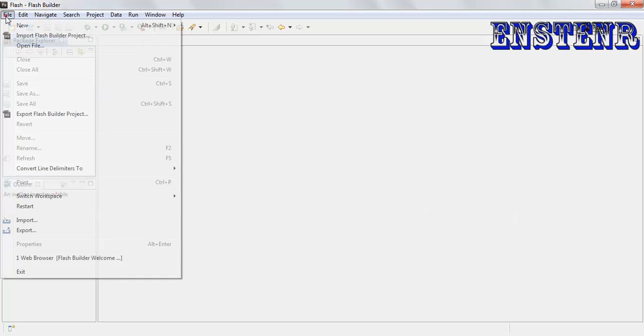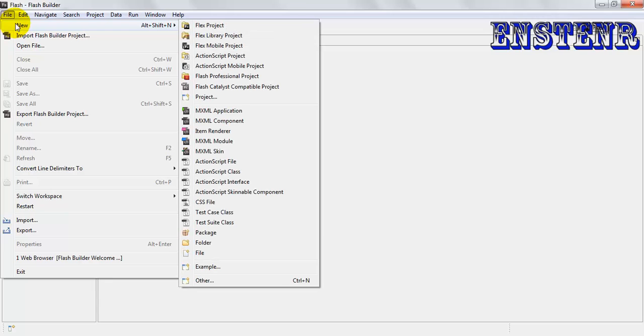Let's get started right away. I create a new Flex project. We have Flex library project where you can create a library file and reuse in other projects. Flex mobile project where you can create apps for your Android, iPad, BlackBerry and other mobile devices. We have the ActionScript project where you can create an AS file and again use it in other projects,